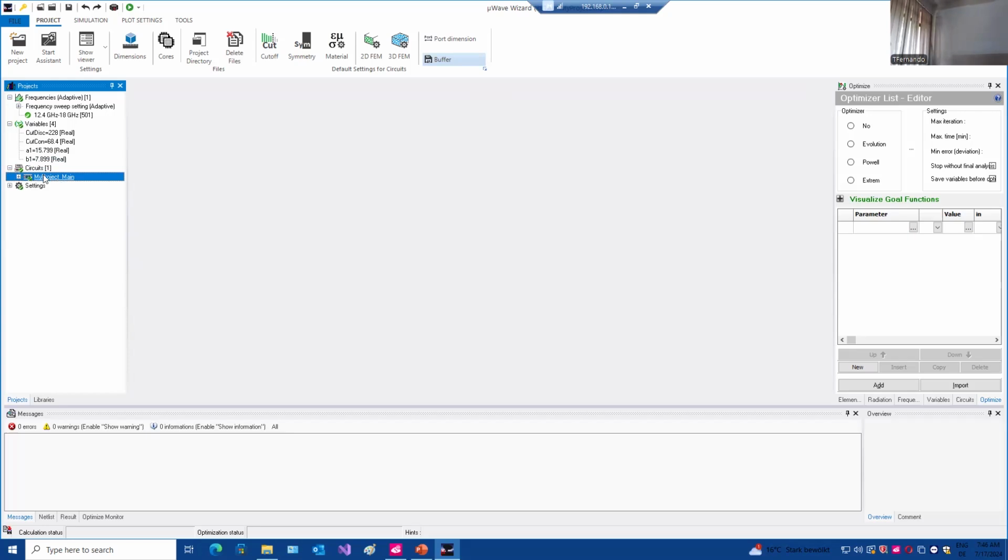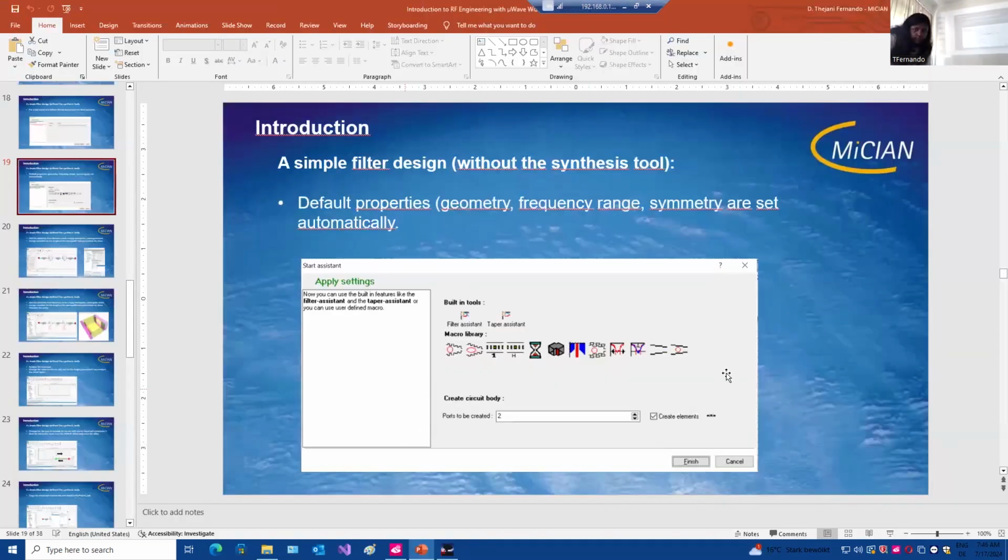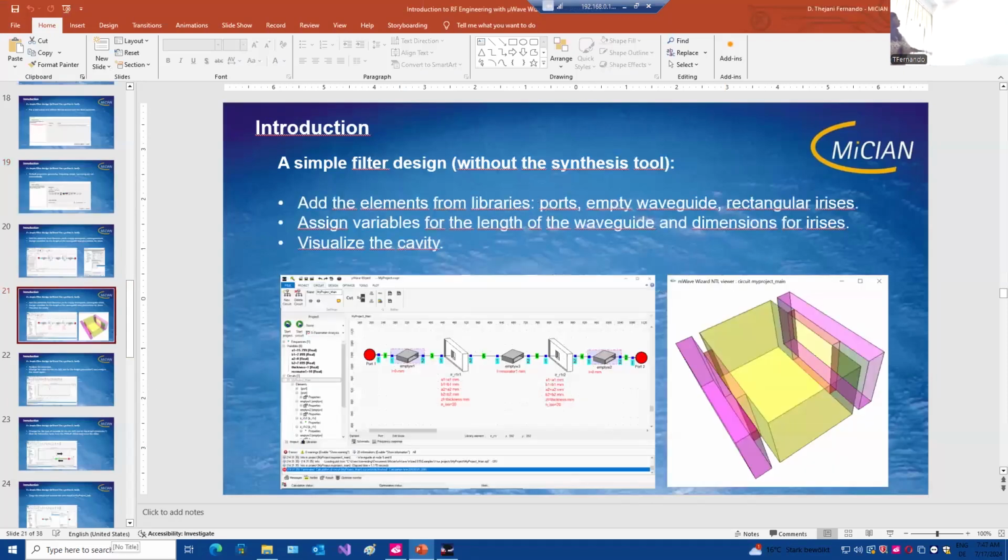And then, you should get an empty schematic if you double click on it, right? And now what we're going to do is make this design, which is a cavity. We are going to implement a cavity on the schematic now. For that, you need to add 2 ports